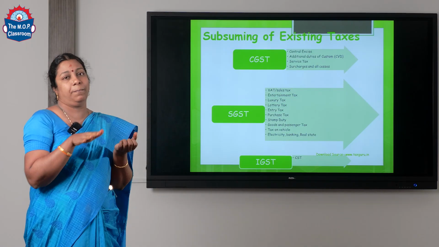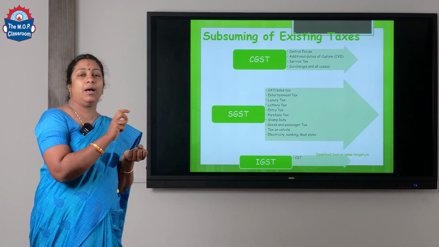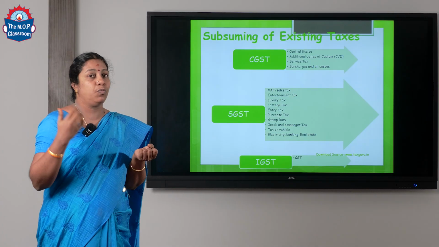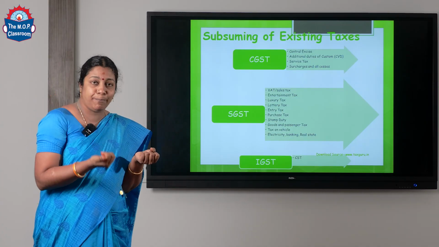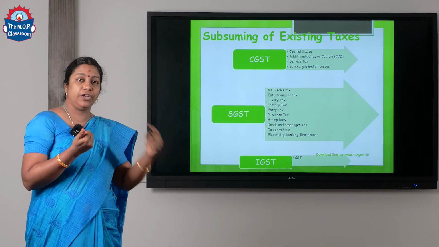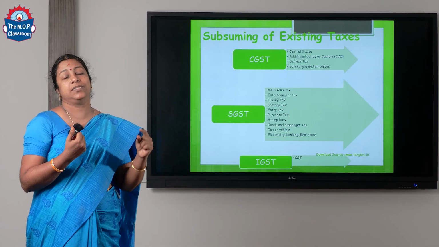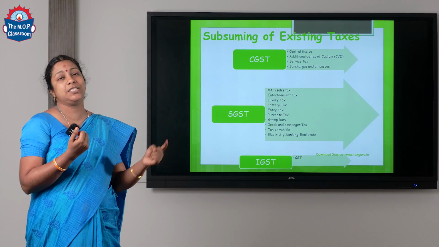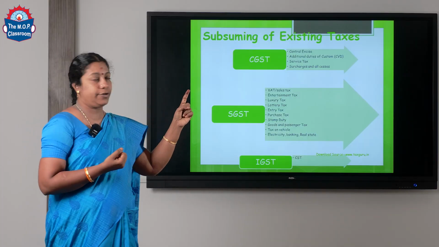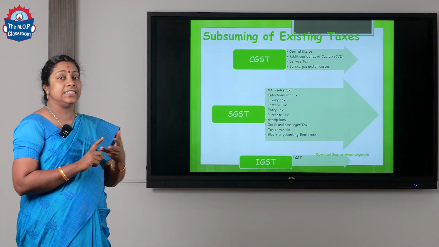So, to compensate for that, the same amount of duty will be charged on import of the car, whatever brand it is, since it is being imported. If the car is manufactured, whatever duty is collected by the government, the same percentage, the same level of duty will be charged on the car that is being imported. That is called countervailing duty. So, that is not going to be there. Next is service tax.